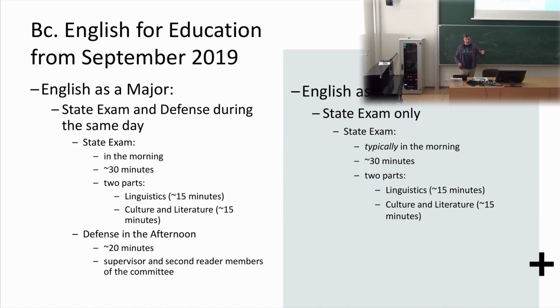Now, this means that if you have the major, you have to have both a state exam and a defense. And if you have English as a minor, you only have a state exam with us. Now, you could read in the description of the state exam that the length of the state exam itself is about 30 minutes and the length of the defense is about 20 minutes. What you couldn't read there